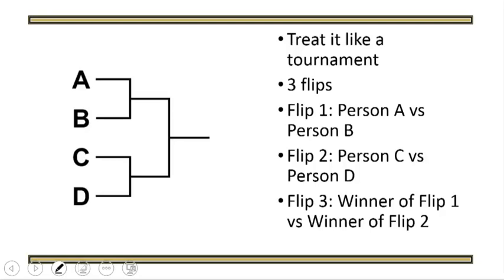There are a number of reasonable solutions to this problem. One of those solutions is to treat this like a tournament, your standard basketball tournament, or pick your sport, but it's the playoffs. And so you can do this with 3 flips. You do one flip to pick between A and B. You do another flip to pick between C and D. And you do a third flip to figure out which of the winners of that first round finally wins and gets to open the first present. So this is a really intuitive way to think about it, and obviously people use this approach all the time. But it turns out